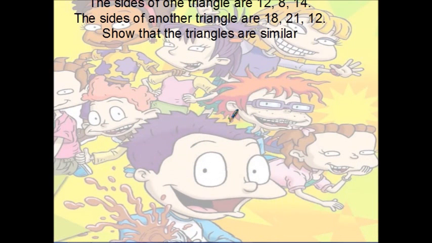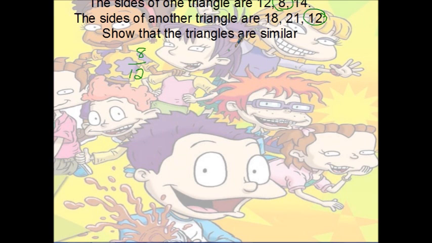So for our first example, we know the sides of one triangle are 12, 8, and 14. The sides of another triangle are 18, 21, and 12. And we want to show that the triangles are similar. Knowing three side lengths, the only way to prove similarity here is going to be side-side-side. Now, like in the last section, I want to try and match up my smallest side with my smallest side to form a ratio,